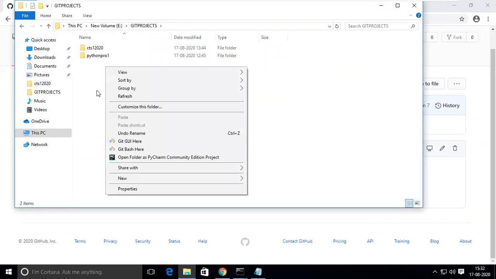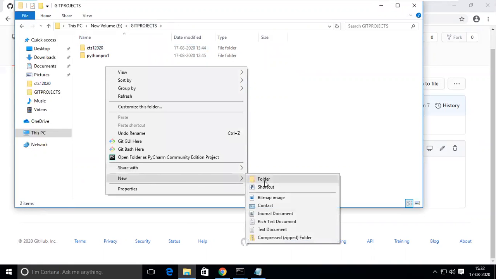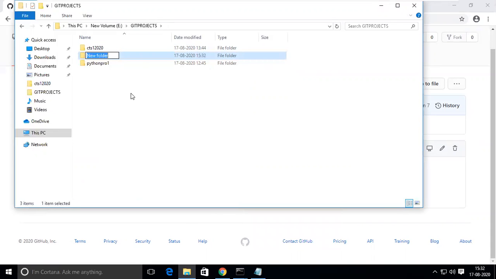So what I'm going to do is create a new folder. This is a new project again. I'm giving CTS1 Java project, just a folder.